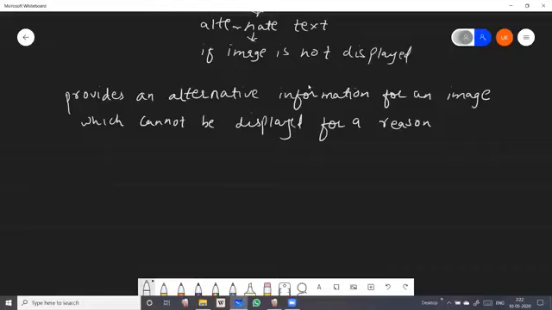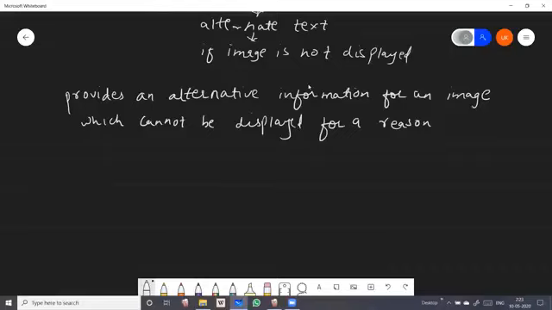That means you are not able to view that image. But when you take your mouse cursor to that particular image, it displays the text that so and so image has so and so name. For example, the image you wanted to view was of a flower, a rose, and it is not displayed. So when you move your cursor on that image, it will give you the description that this is your rose image.